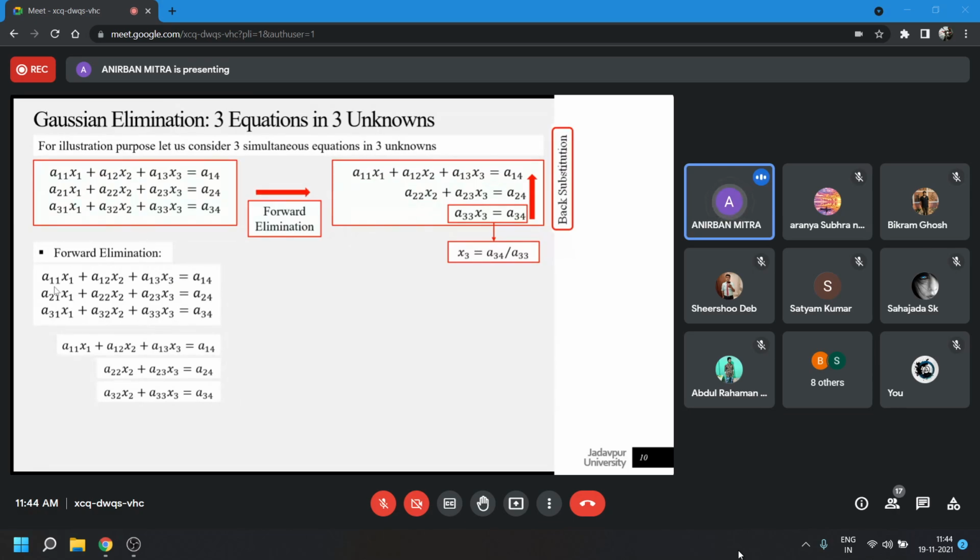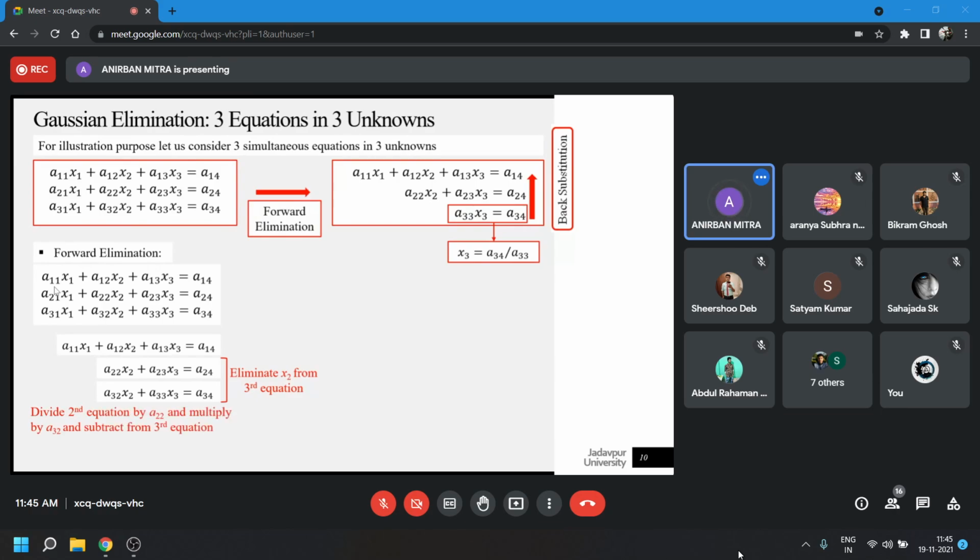So what is to be done next? Now we will choose the second equation and the third equation and eliminate x2 from the third. So here the second equation would now become the pivot equation. We will leave the first equation as it is for now. We will not touch it anymore. So we start with the second equation. We designate the second equation as the pivot equation. a22 would be the pivot element, and with respect to that, we will modify the third equation.